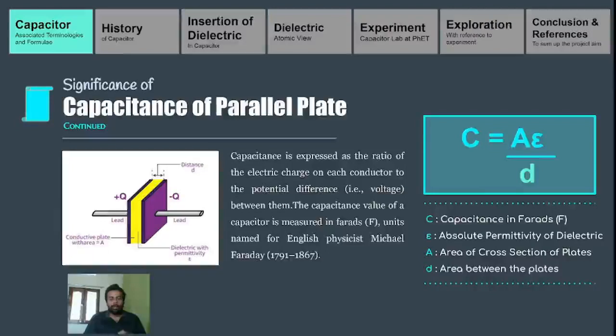Epsilon is the permittivity, and here epsilon can be epsilon naught as well as relative permittivity. It depends on what we are introducing in the space between. If it is empty, a vacuum, then it will be epsilon naught, and if we introduce some dielectric, then it will be the relative permittivity, or K epsilon naught, and we will get a much better view when we get to the dielectric part. And capacitance is inversely proportional to the distance between both the plates. Okay, so C is epsilon A epsilon naught by D.